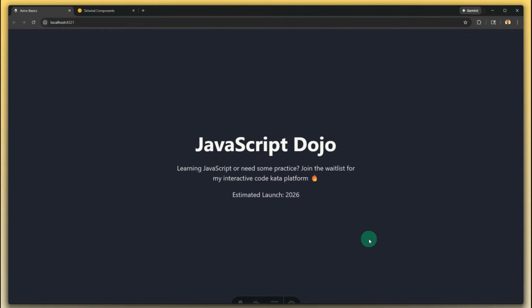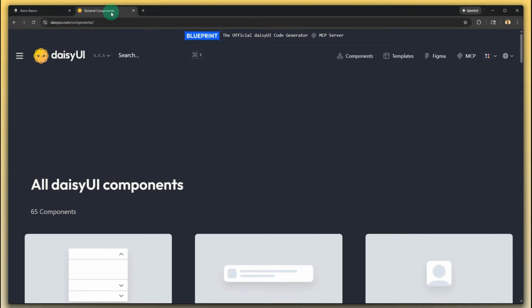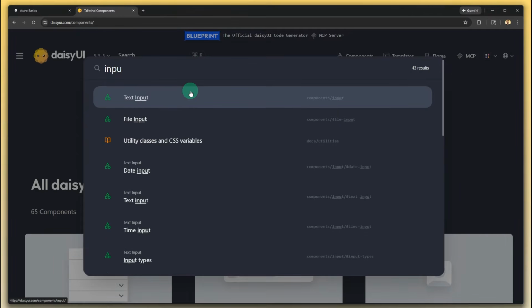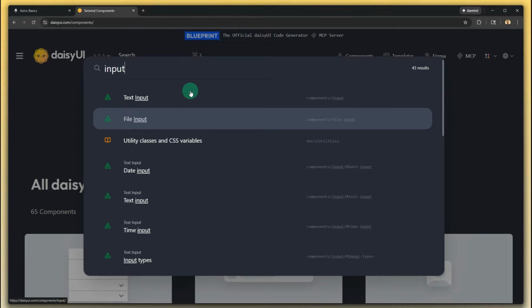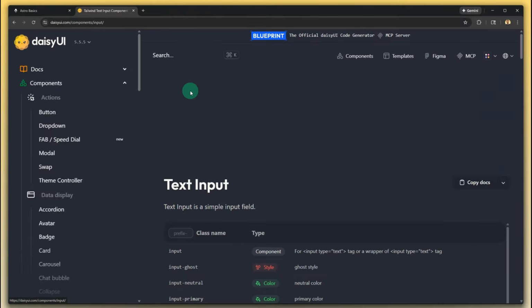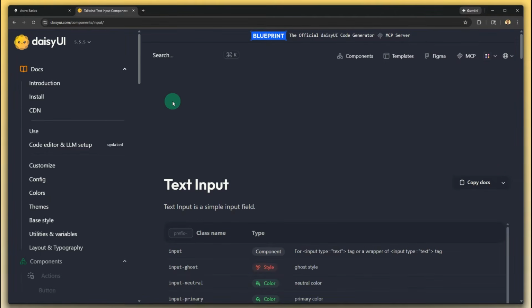Now, the next thing that I want to do is to add the actual email input. So this is a waitlist, and that means we need an input where someone can put their email address and click join. So luckily, daisyUI also has a component for that. So if I come back over here to their components and I search input, there we've got a text input, file input. Let's go to the text input component